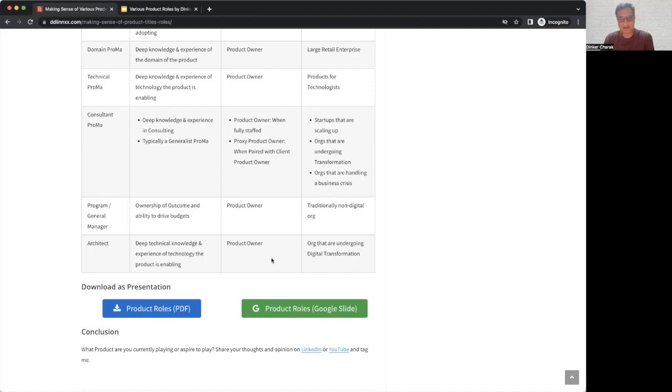Technical architect, again, if the product is very technical and the organization is transforming, that's where I've seen these architects who are reimagining the whole architecture. They become product managers because, as I said, it's not just the technology, it's the whole architecture, the processes, how data is getting modeled, how data is getting governed. A lot of these layers come into the picture, and they tend to be the right set of folks to play the role.